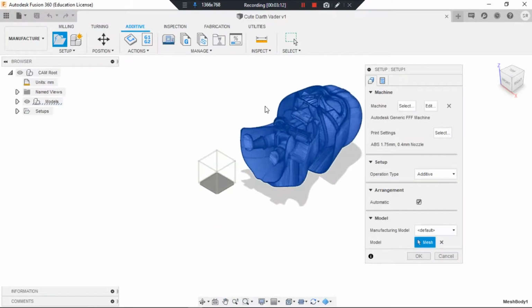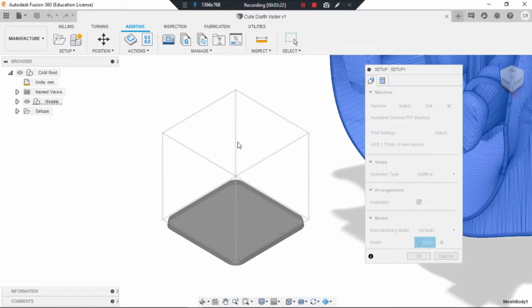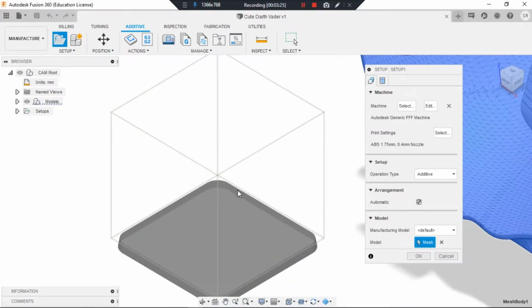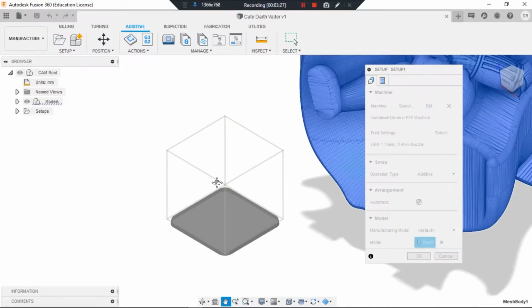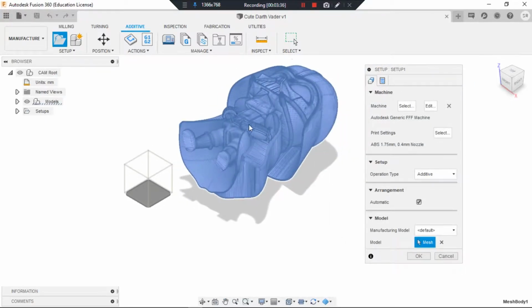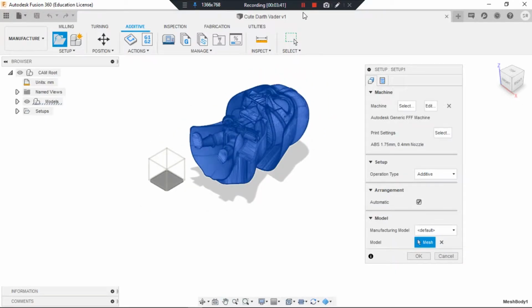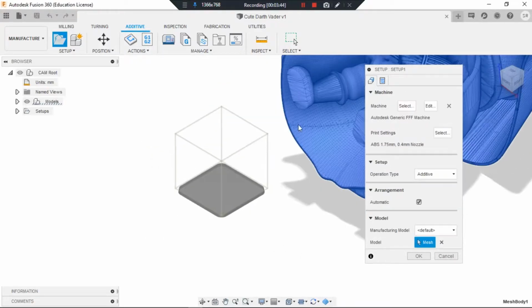Okay, if you see here, the workspace is much bigger than the place of the simulation itself. This one is the shape of the cage. This one is the place where the 3D printing is simulated. So we can see here it is a lot bigger than this one. So we must scale down this workspace so that it fits into this cage, our 3D printing workspace.